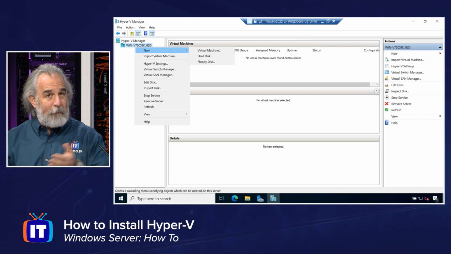So there you have it, the ability to install Hyper-V, but with a twist, using nested virtualization. Not necessarily the traditional way you would do this, probably not the way you would do this going into production, but guess what? Certainly important if you want to be able to use Hyper-V, if you're going to be studying for exams, want to practice those hands-on skills, or whatever it is you're looking to do, now you know how to get the job done.